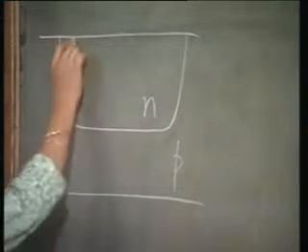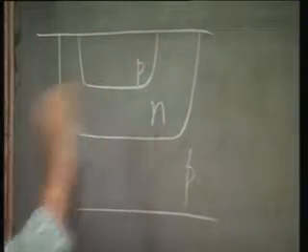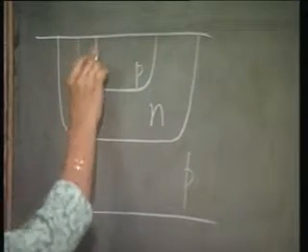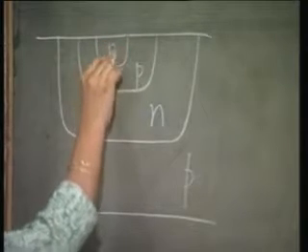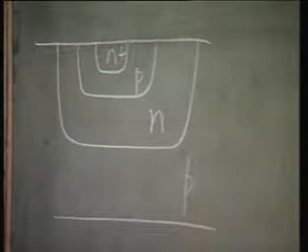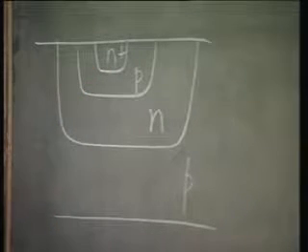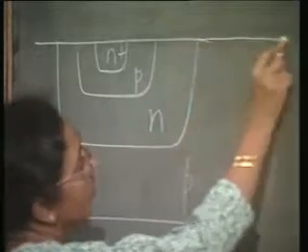This is going to act as your collector. Then you have a p diffusion, this is going to act as your base, and then you have this, which is going to act as your emitter. So, I have emitter, base, collector, all of them housed in the p-type substrate, and I have